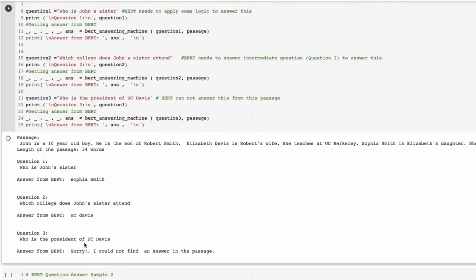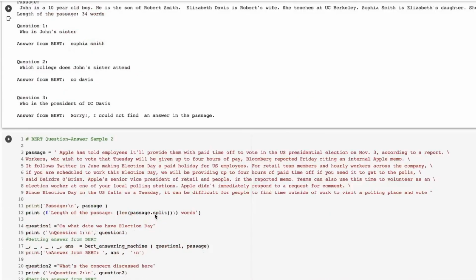Second question was already covered in the article. And third question I added, who is the president of UC Davis? So in this passage, which is a very small passage, we don't have the answer who is the UC Davis president, right? So we get the answer, sorry, I could not find an answer in the passage. So basically it is coming because we are getting the score negative, okay?